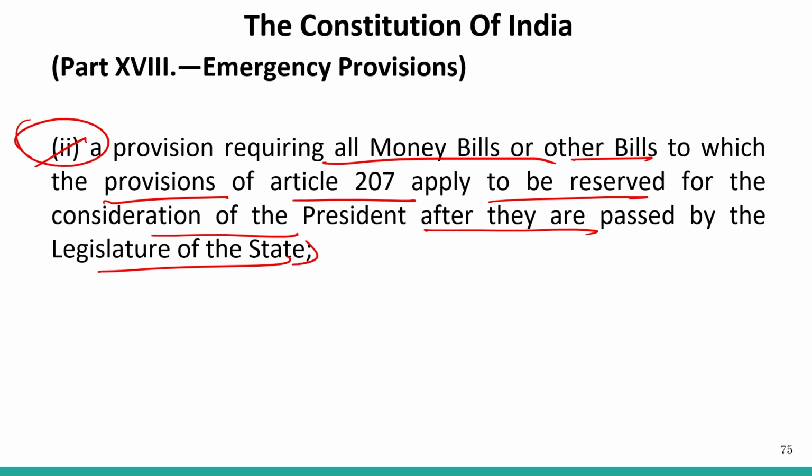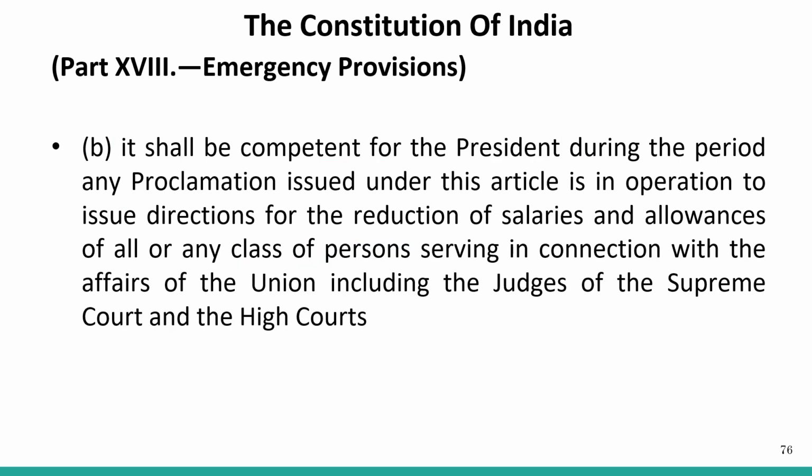Understood. So this is the main scenario and the main conditions in regard to the emergency provisions. We have discussed three provisions altogether. One, we have studied external aggression. Second, we have studied the state machinery and internal disturbances that take place. And the third one is the financial emergency. All these emergencies have perhaps the same process, only the duration is different. The provisions under Article 352, which talks about external aggression or armed rebellion emergency, proclaimed throughout the country,